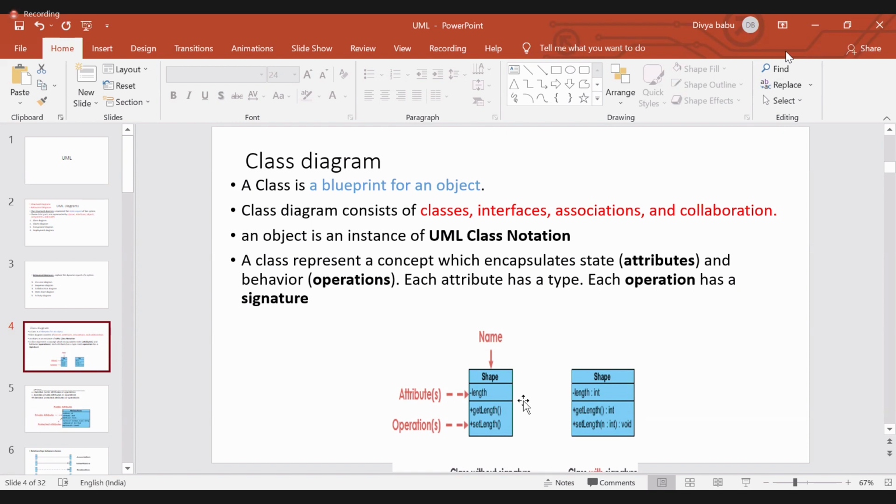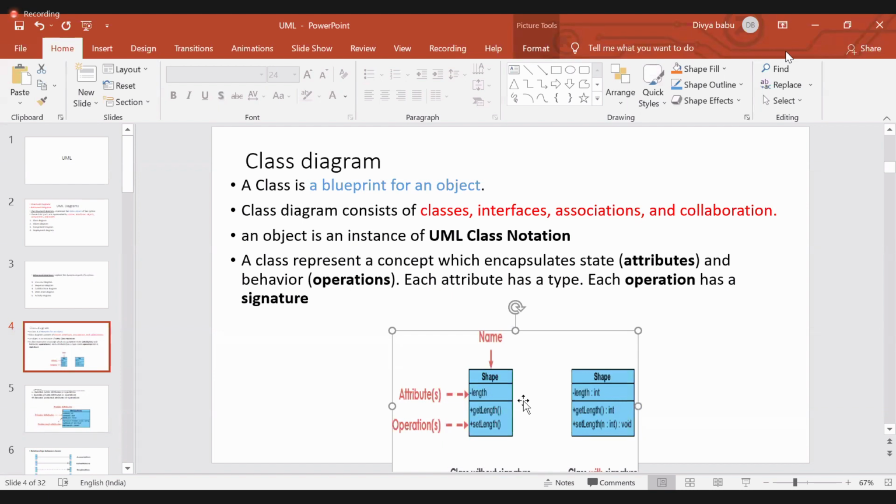If student is a class, what are the attributes? The characteristics: student name, student address, student PIN number, student class. All those things come under student, related to the character of that particular class, so we call them attributes.